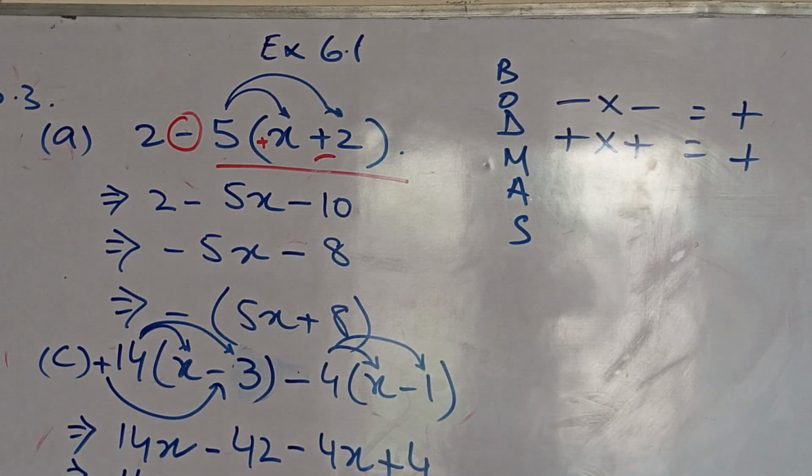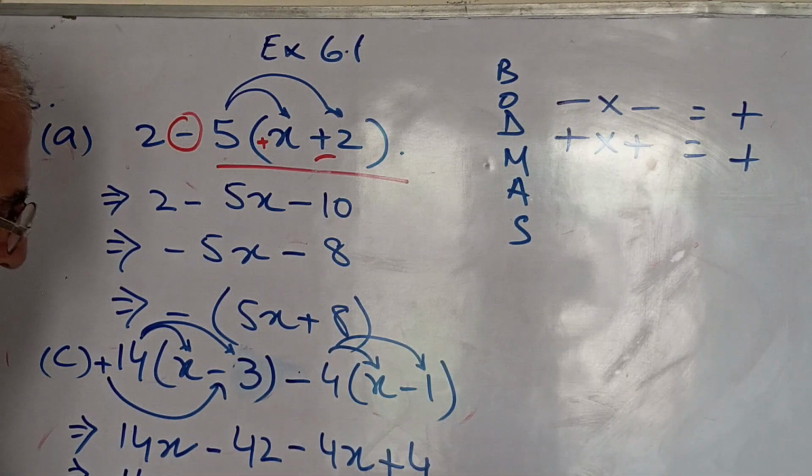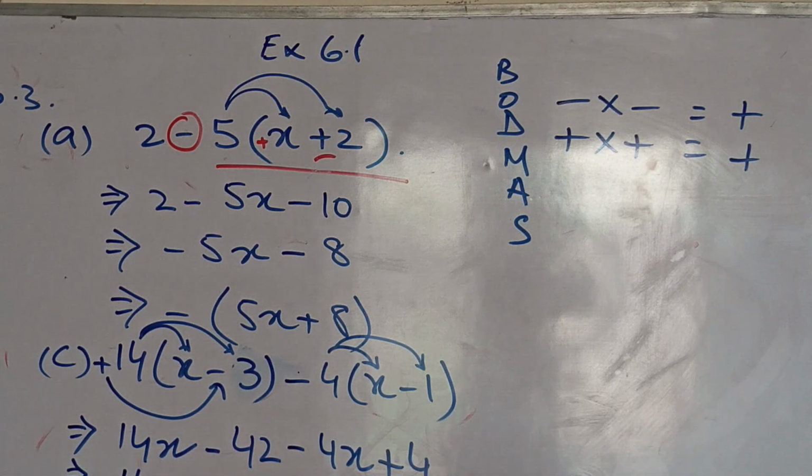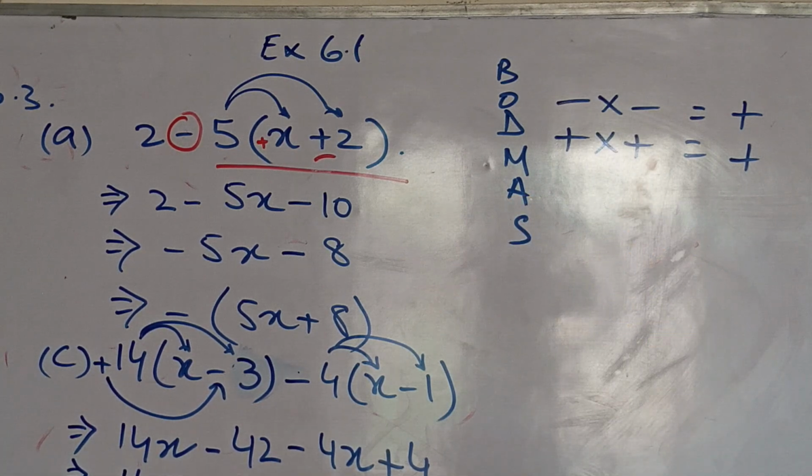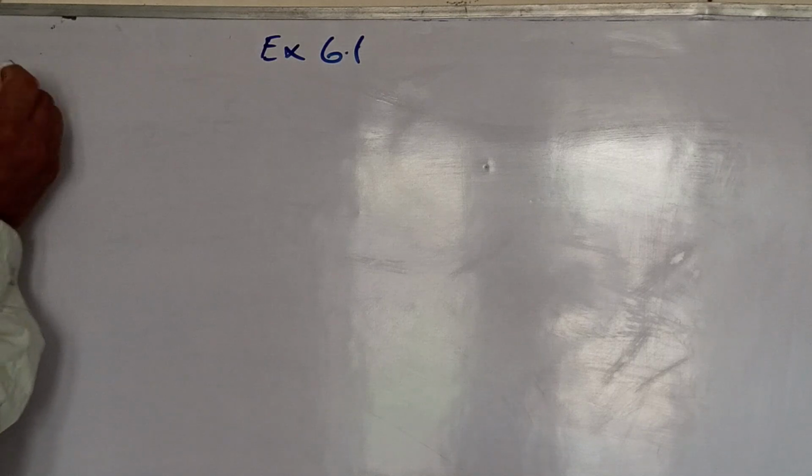Okay, now 14 minus 4 is 10x, and 4 minus 42, because this is the larger term and we are going to subtract the lower term from the larger term. So 42 minus 4 will become 38. Okay. Now this is the real answer. Still on with question number 3,